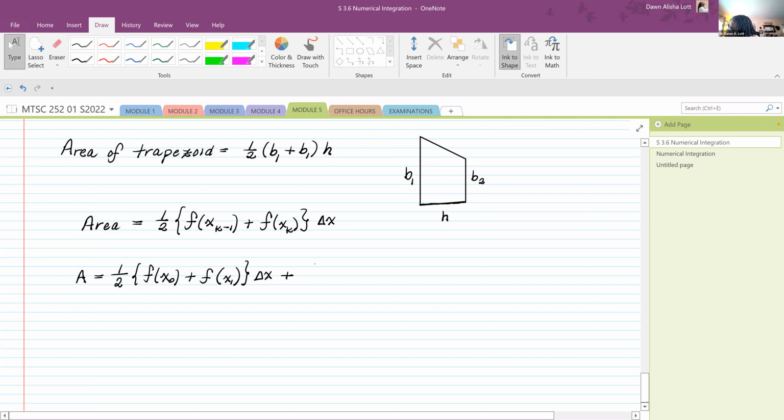The next one will be 1/2 f of x1 plus f of x2 times delta x. And we're going to keep doing that all the way to the end, which is going to be 1/2 f of xk minus 1 plus f of xk